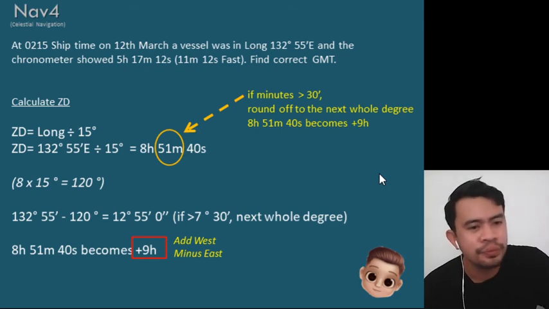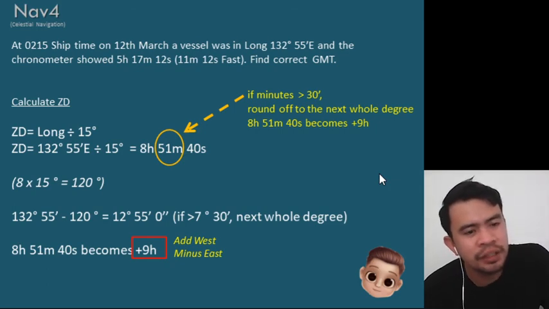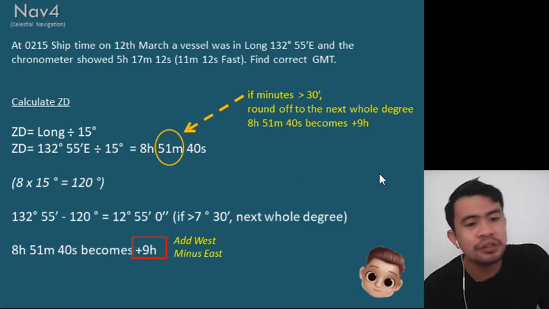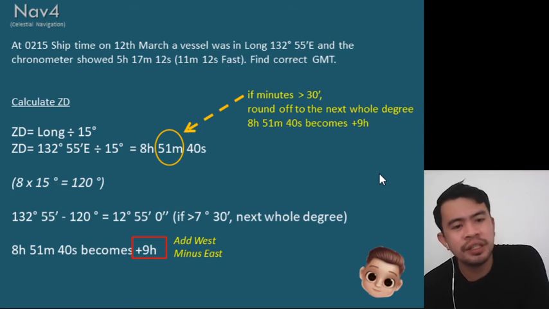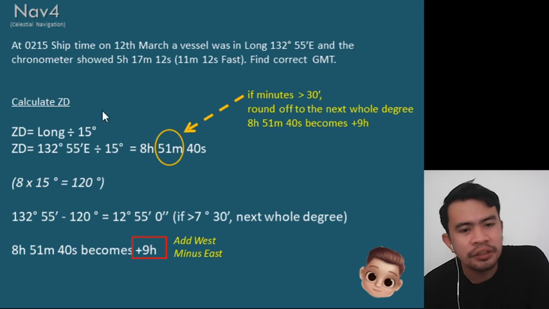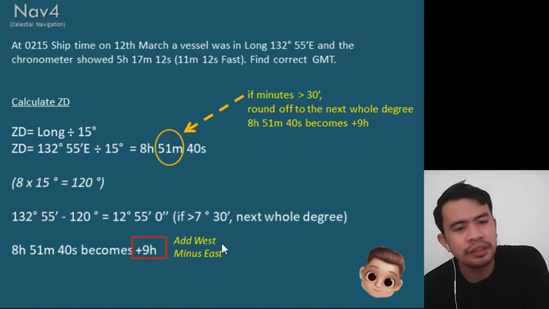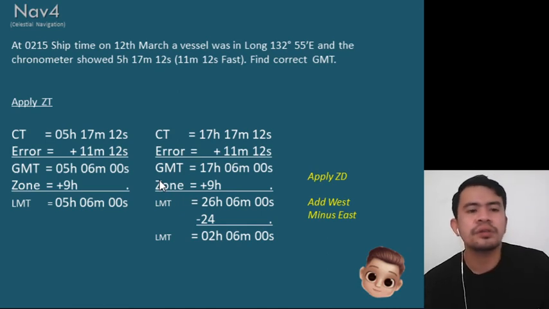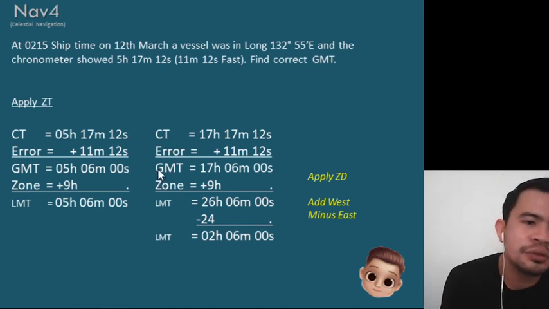No, so 8 times 15 degrees minus 120 minutes. So 132 degrees 55 minutes, minus 120 degrees is equal to 12 degrees 55 minutes 0. Then ito na yung sinasabi ko na nasa module natin. Okay, so for this one,